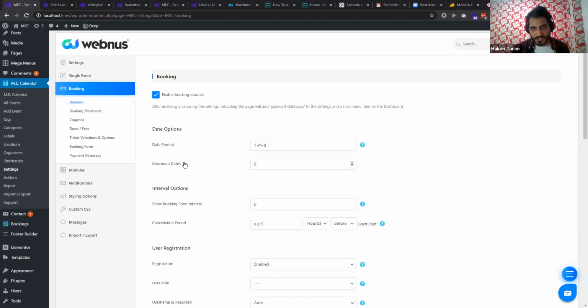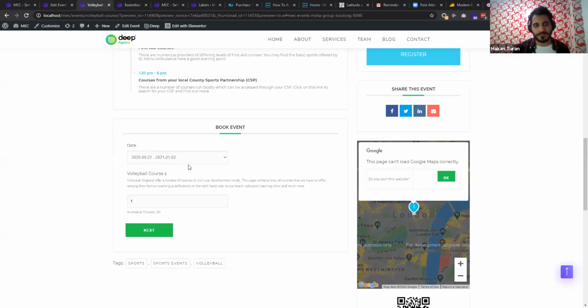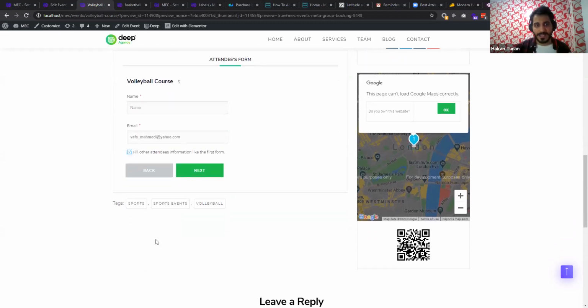So in date options, here we have maximum dates. If I set it to 7, or 10, then the drop down menu here would show more than that. And I will have more options as a user to purchase, for example, that particular occurrence that I want. But in this case, I'm going to choose the first one, and I'm going to buy 2 tickets. You remember I said we can add a maximum number of tickets for a single person. If I, for example, want to purchase 3 of them and I click on next, then,